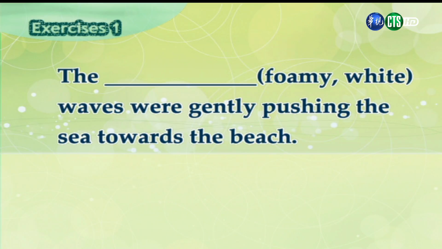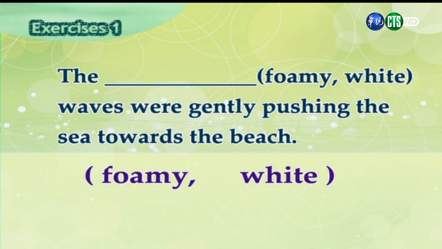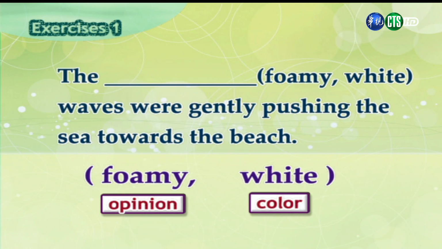All right, let's take a look at our next sentence in the story. It says, the blank waves were gently pushing the sea toward the beach. 好，下一句中提到那个空白的海浪轻轻地向沙滩推进。All right, so we have two words, foamy and white. 在这里我们有两个单字，又白又密的。Right, and so over here, what we can say is that foamy is an opinion. It's giving us an opinion of what the waves were like. 好，在这边密的这个形容词，是一个属于意见、看法的形容词。And then white is a color, and then this is also a fact adjective. 白色它是一个事实形容词，因为它表达的是颜色。